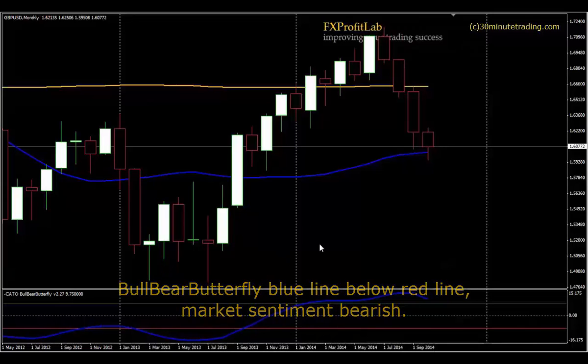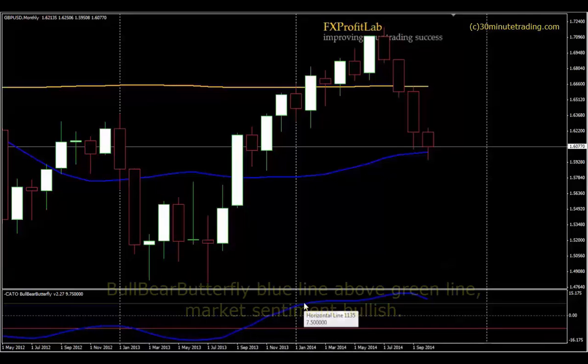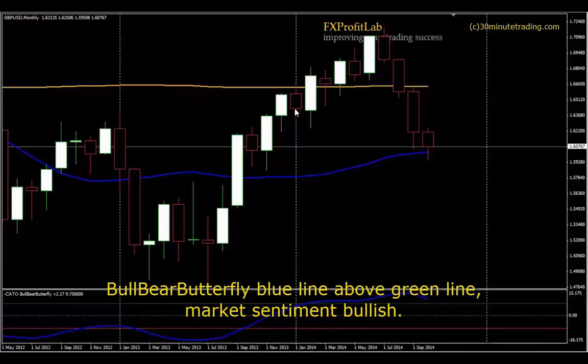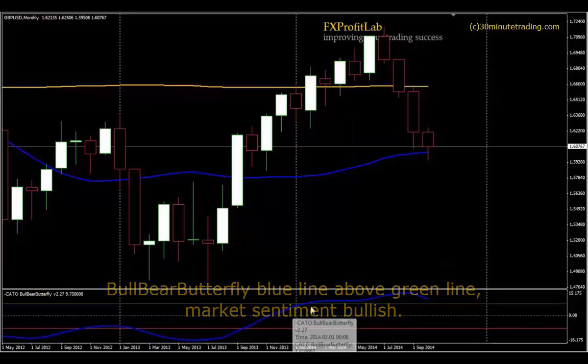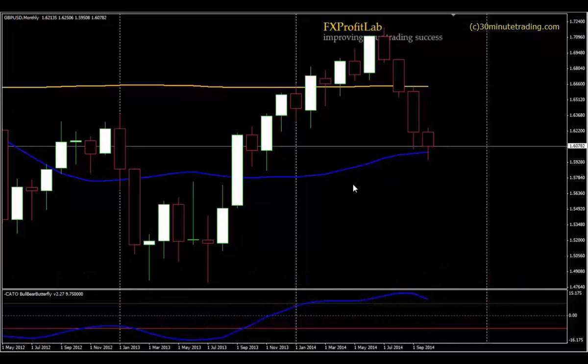So you're looking for trades down. And if you're above that green line, you're looking for trades up. So we're looking for trades up. And if you're in the middle, you're in what's called the butterfly zone. I call it the butterfly zone because it's the zone where the market does not know quite what to do. It's like a butterfly. It will flip from one to the other, and you can expect the unexpected as a